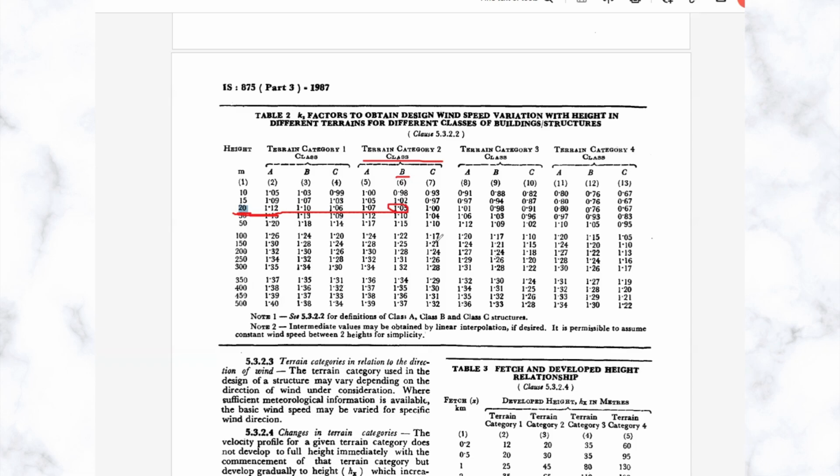So in that formula, we came to know K1. Now we came to know K2, how it is to be calculated. In the next video, we are going to discuss how to calculate the K3 factor. And then also we will try to understand how Vb is to be considered. It is very easy because it will be given according to the region or according to the cities also. If you are living in Nagpur, Nanded, Pune, Hyderabad, Mumbai, whatever may be the city, accordingly that will be classified. So it is very much easy again, but for your knowledge, I'll share in my next video. I'll also try to clear that topic.